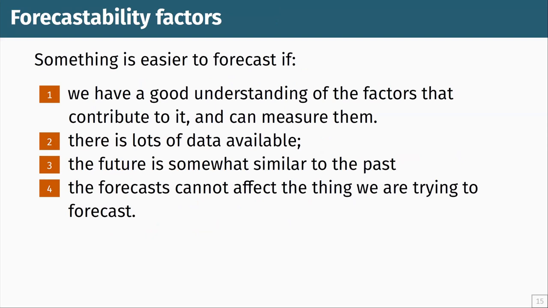And so here are the factors. Something's easier to forecast if you have a good understanding of why it varies the way it does, so what contributes to it, and can you measure those things? If there's lots of data available, if the future is somewhat similar to the past, and if the forecast cannot affect the thing you're trying to forecast. So if you think about those 4 factors and think about what was on my list back here,